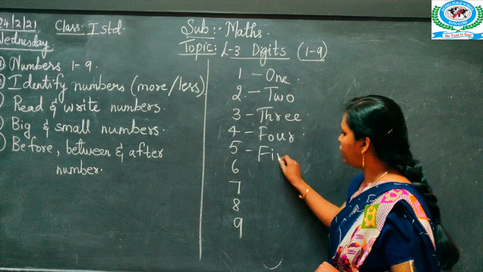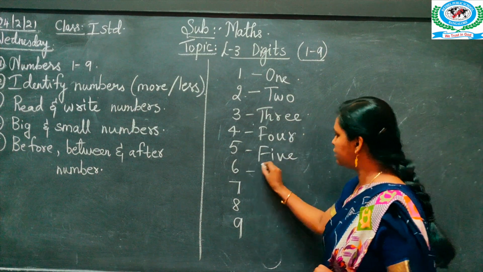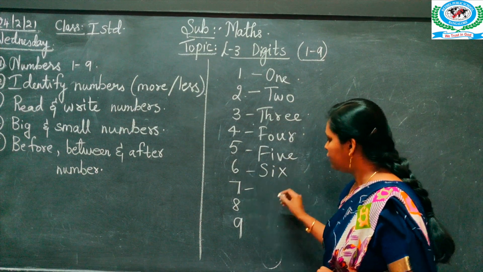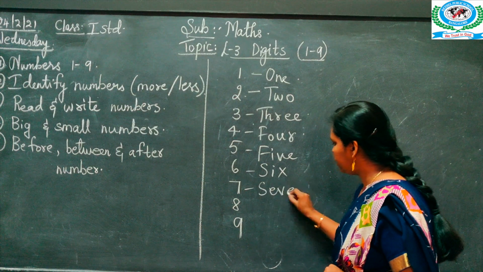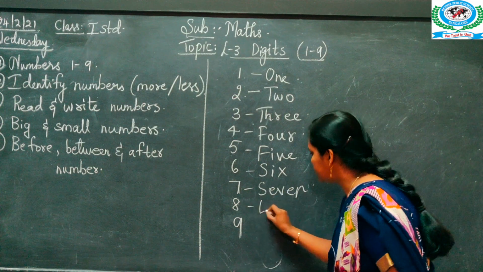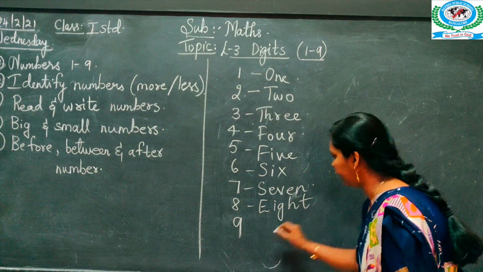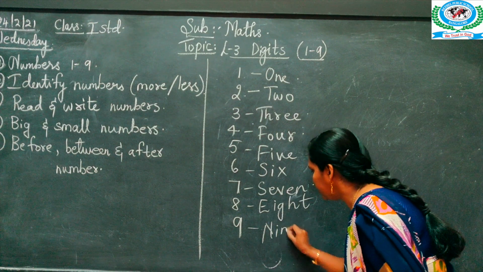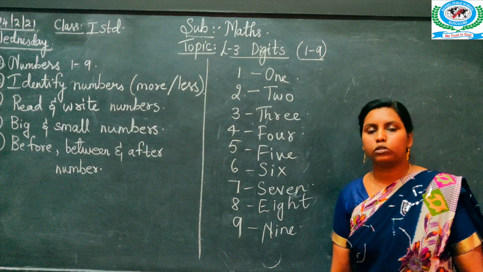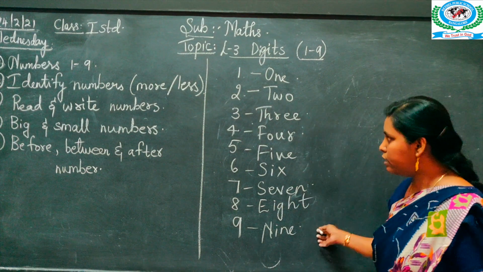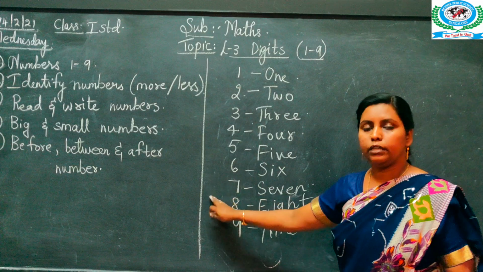This is FIVE, 5. This is SIX, 6. This is SEVEN, 7. This is EIGHT, 8. This is NINE, 9. So this way you are going to write the numbers in words, and these are the numbers written numerically